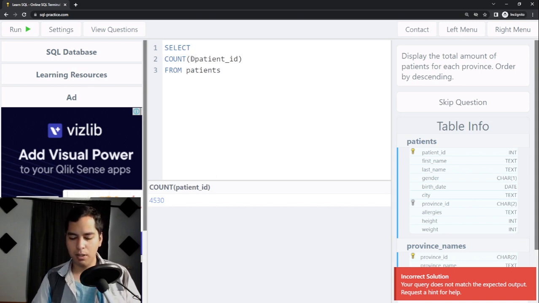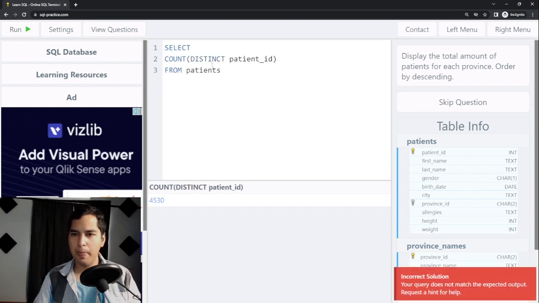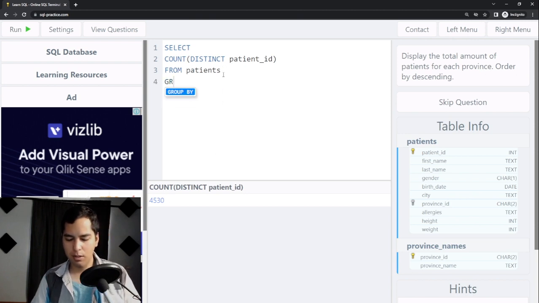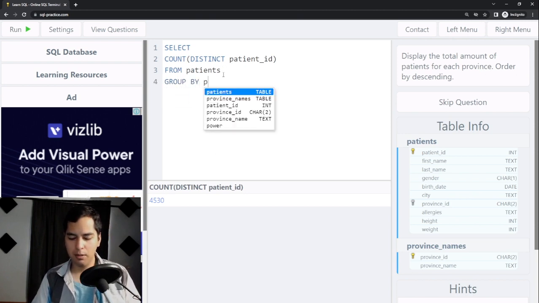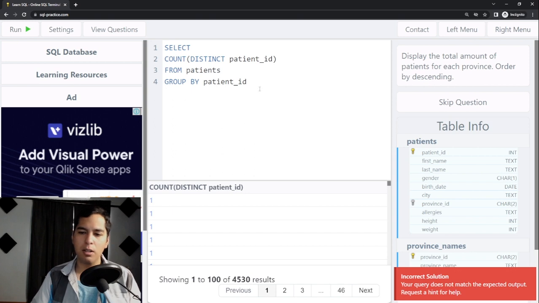But if I do instead count distinct patient ID, I get how many patients I have in this table, in the patients table. So as you can see, group by patient ID. Okay, so you can see we have 4,530 patients, but